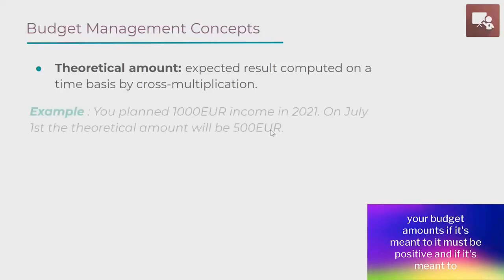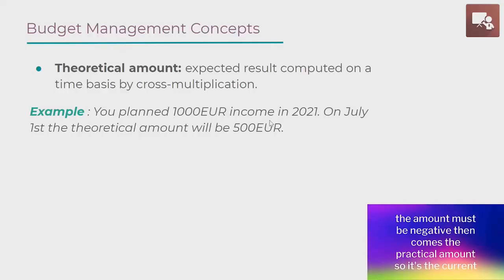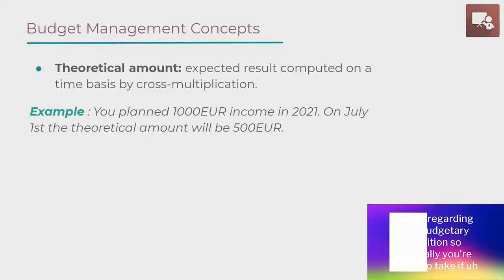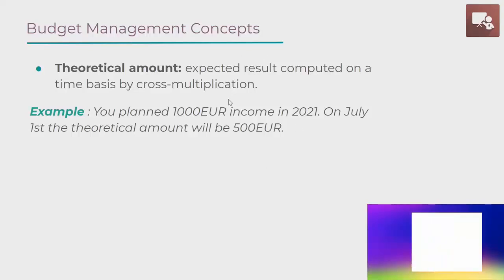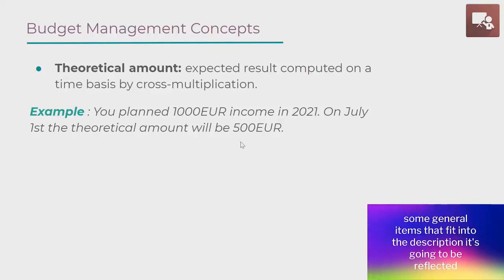Then comes the practical amount, so it's the current result regarding the budgetary position. Basically, based on the criteria that you've put, a budgetary position and an analytic account, if some general items fit into the description, it's going to be reflected in the practical amount, and you're going to be able to identify in details